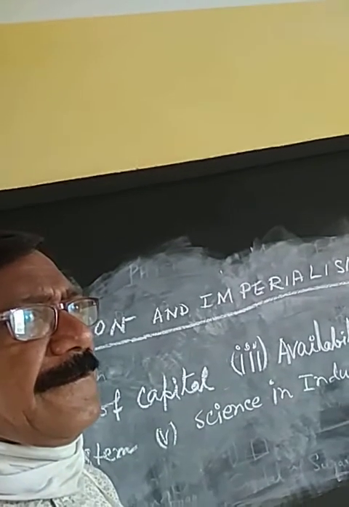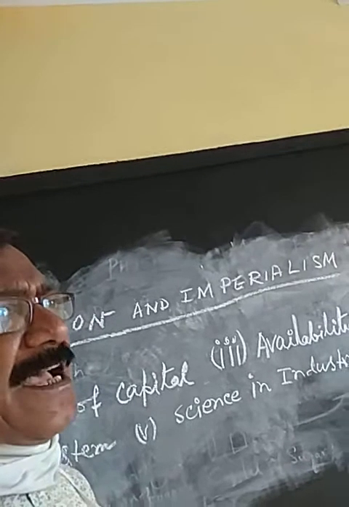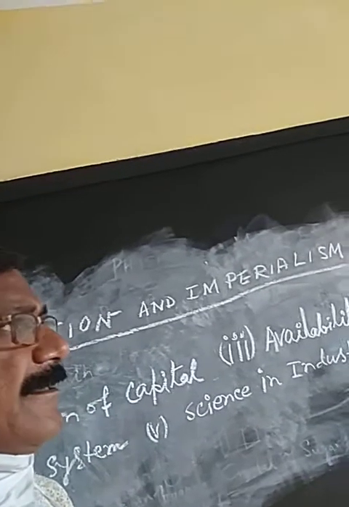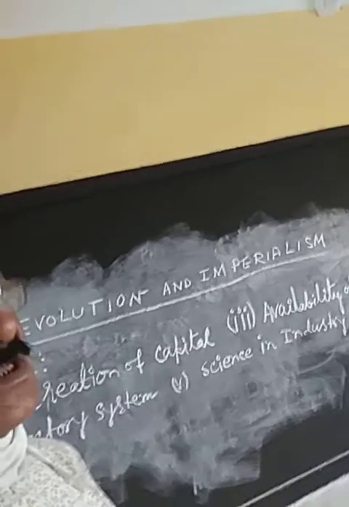Ultimately, more and more factories and industries were established by the industrialists, and supplying of the natural resources helped them, encouraged them, and that wave of inspiration reached far and wide. And next point, introduction of factory system. You know, earlier